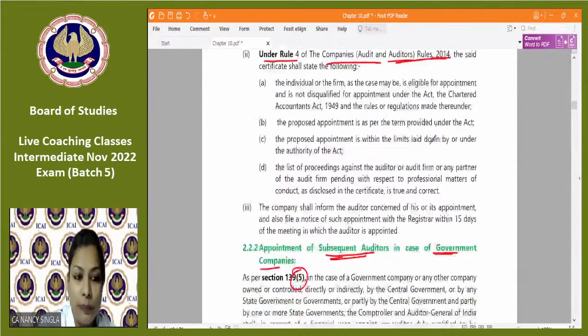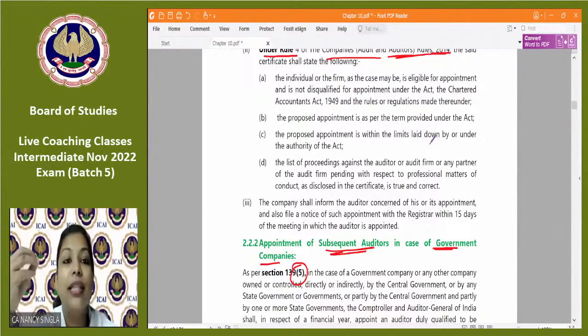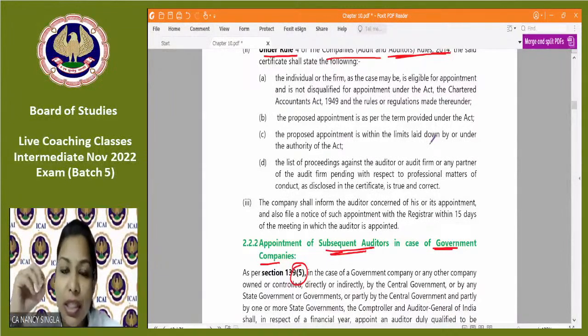Third point, and fourth, auditor will also certify that if there are any proceedings against either the auditor, his audit firm, or any of the partners of the audit firm, if there is any list of proceedings, he will mention that such list of proceedings which has been provided to the company is true and correct. अब true and fair थोड़ी ना होगा, true and correct होगा ना, कि ये वाली proceedings चल रही हैं। fair तो क्या होता है, reasonable enough। अब ये तो absolute देना है ना कि ये वाले proceedings चल रहे हैं, तो that is why the word is what, true and correct, clear। And this is what about the certificate, consent ले लिया, ठीक है।